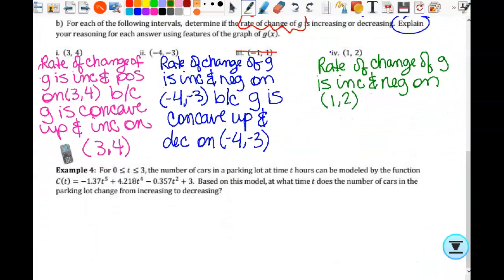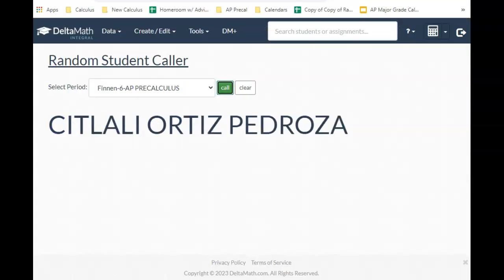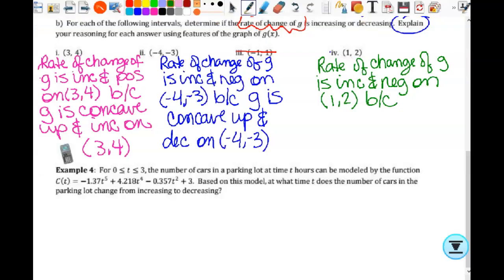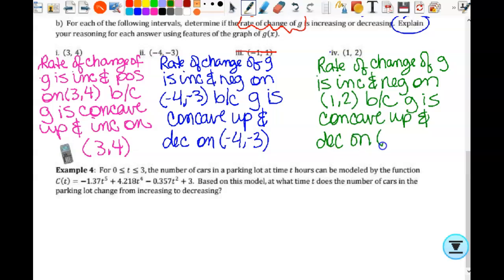Then we're going to have a because, and let's see who my second lovely assistant is. Sitlali. Because why? G is concave up. And what? Decreasing on 1 to 2. Okay, do y'all agree with that? Yes. So what I talked about when we were confirming Christopher's answer,